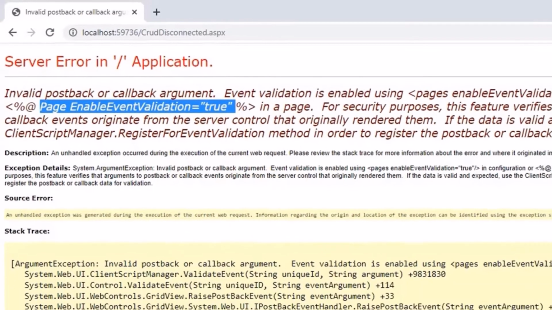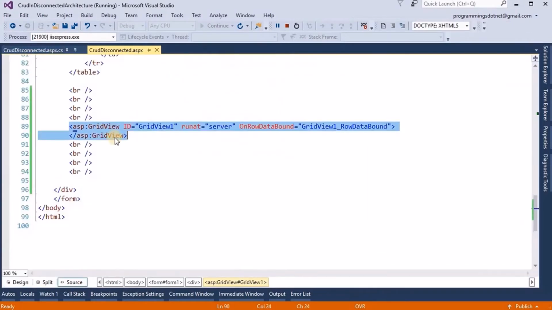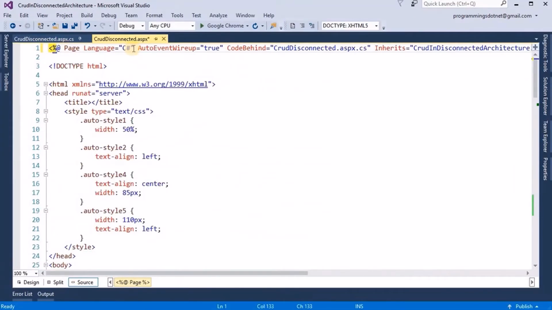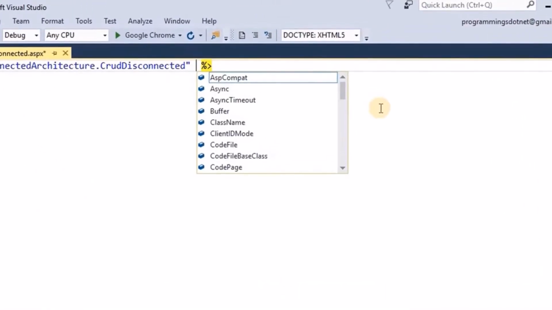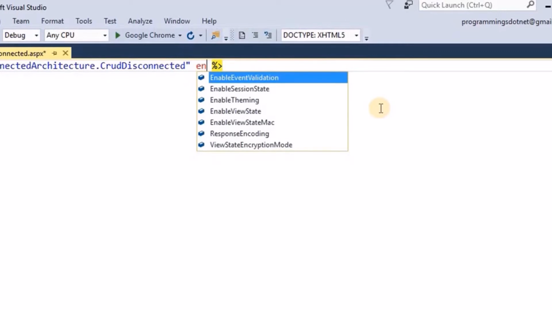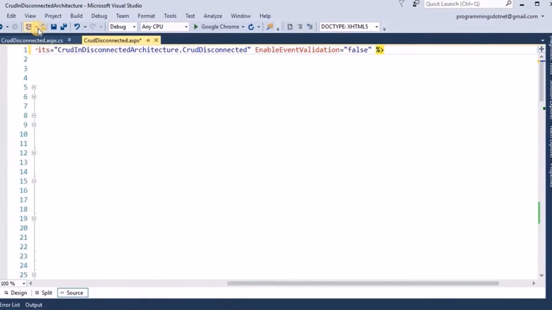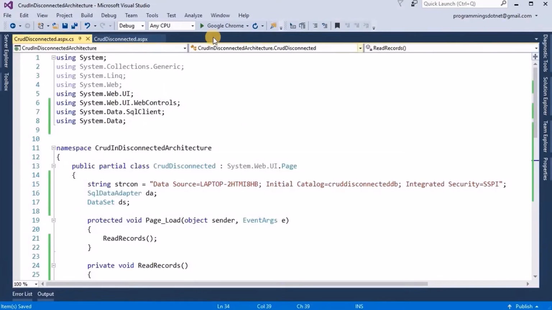To remove this error, in source, first line: page language is equal to C sharp. At the end of this line, here, select enable event validation is equal to false. Save this, and now if we see again,